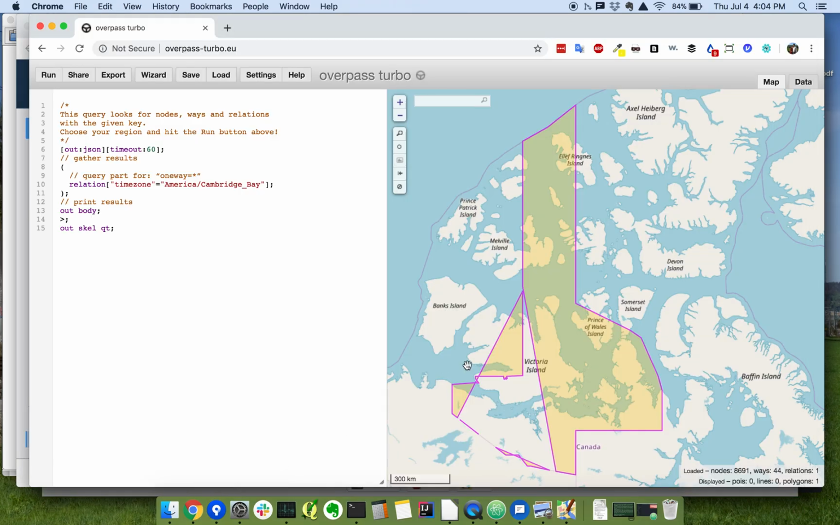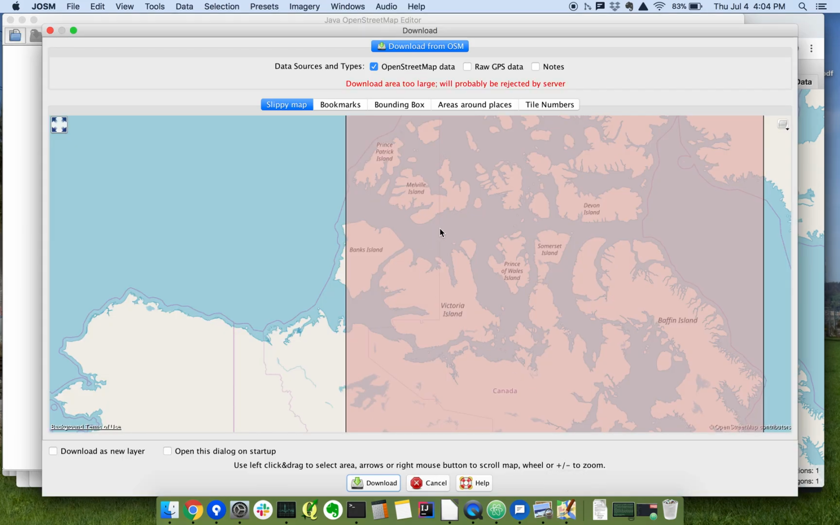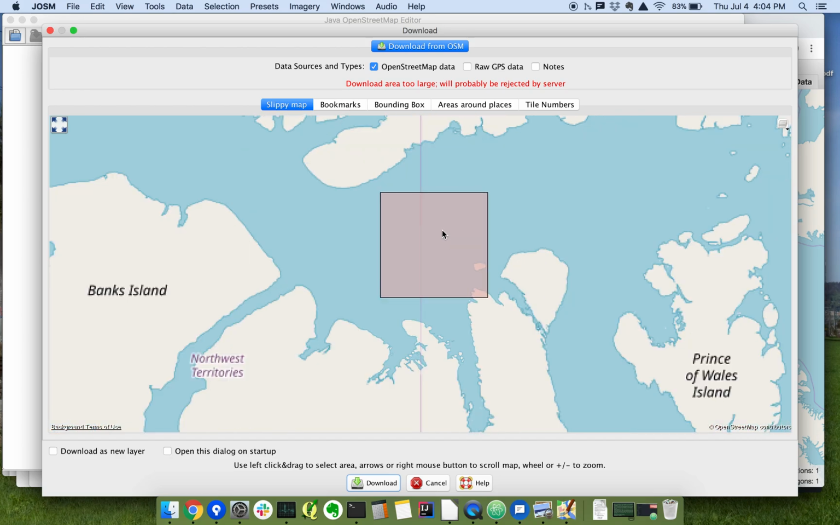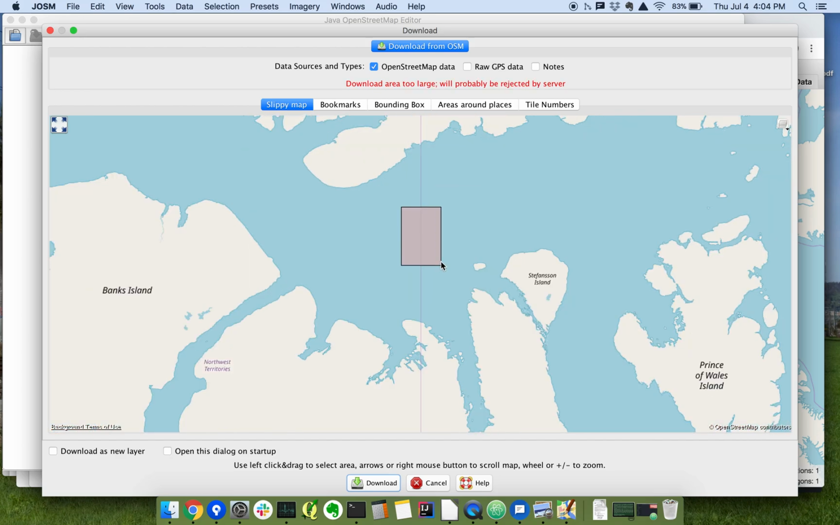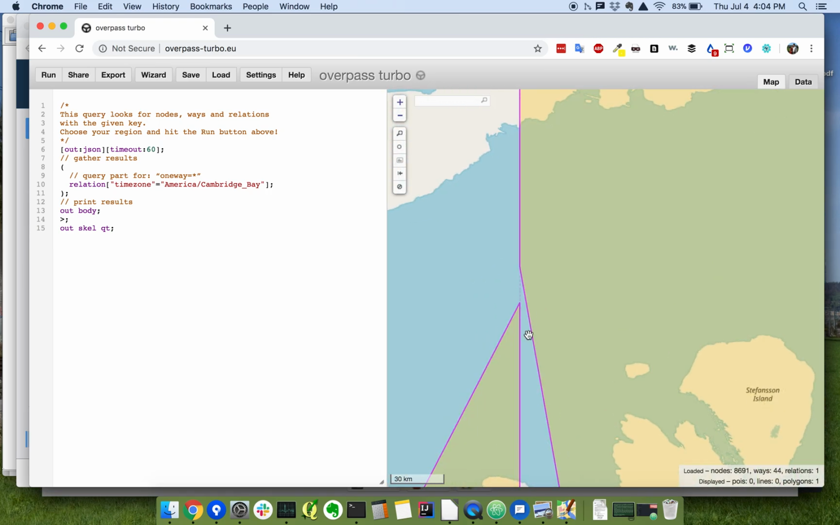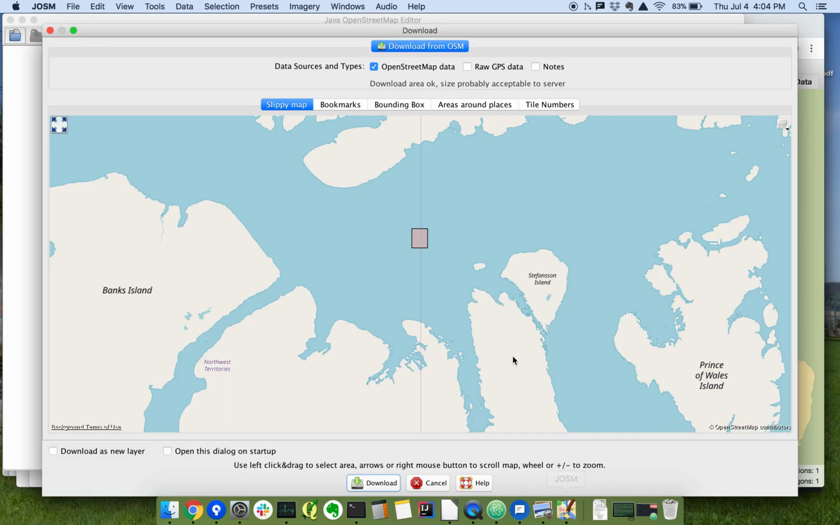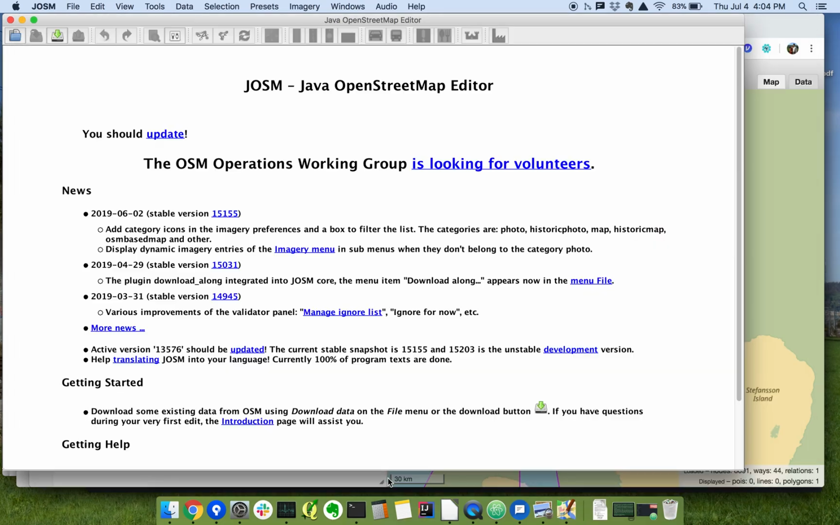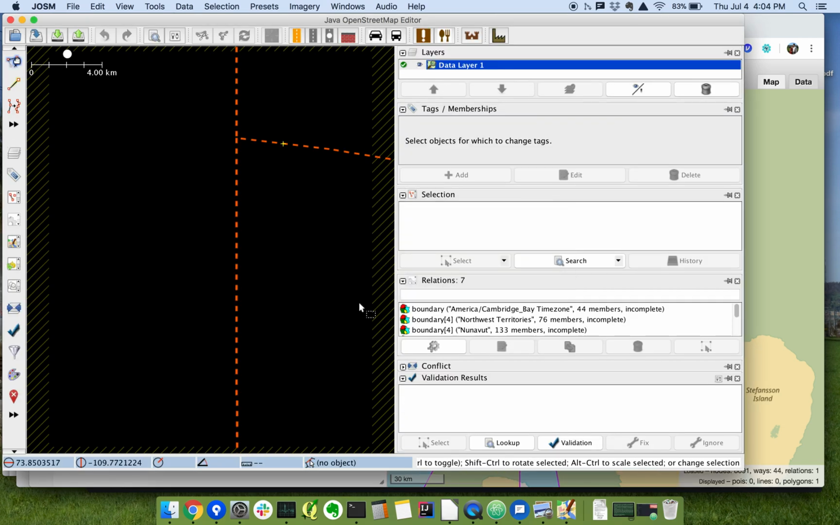So I'm going to go back. Let's see, it looks like there's this area in the middle of the ocean here that's kind of broken. So I'll try to zoom in and start from there. I guess it sort of looks like it's right here. So download area too large. Is it about there? Maybe. Let's see. Let's try it out and download. Okay, there we go. Alright, so here's our boundary for America Cambridge